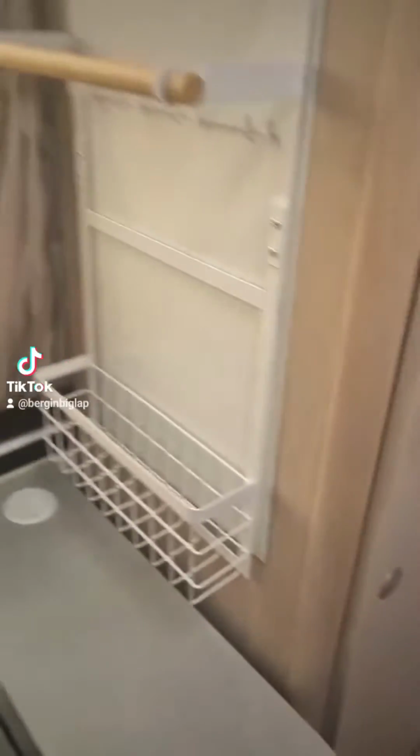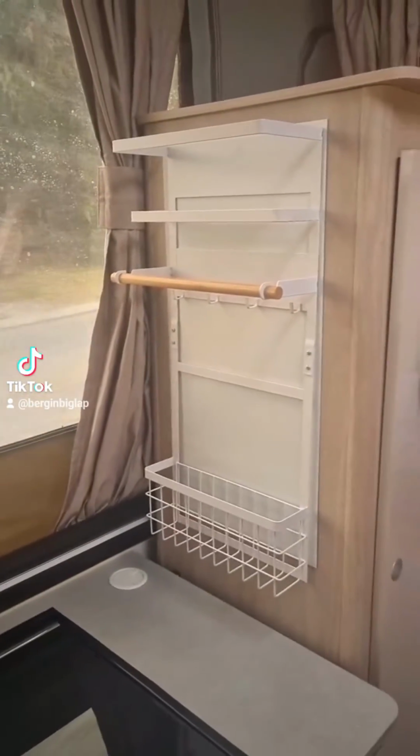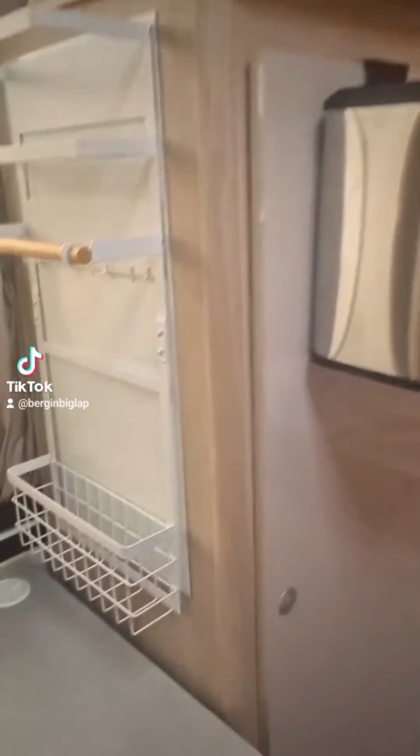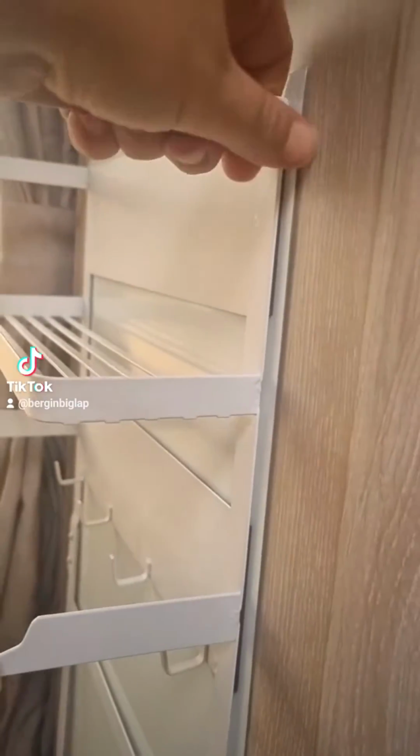Well, thanks to someone's amazing ideas in storage hacks for the Jayco Swan, we ended up doing a little one, which if I give you guys a little bit of a show. So we ended up doing this little storage on the side of our wardrobe here,